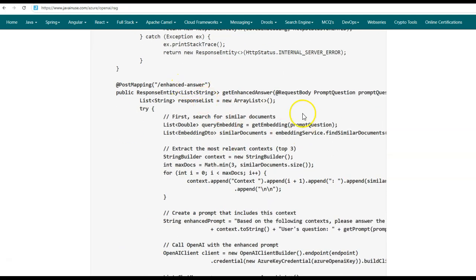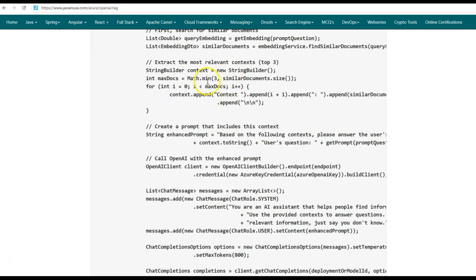In enhanced answer, what we do is we get the question that the user has asked. Then for this question, we get the vector embeddings using the get embedding method. Once we get these vector embeddings, we use them to get similar documents using the find similar documents method of the embedding service. So from the Elasticsearch vector database, we get the top 5 documents similar to the vector embeddings that we have. From these top 5 documents, we extract the top 3.